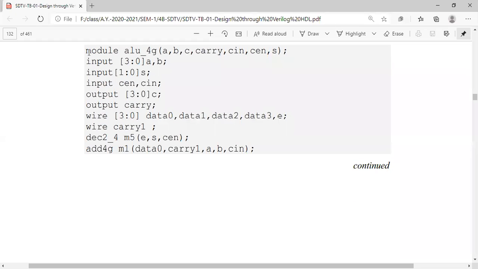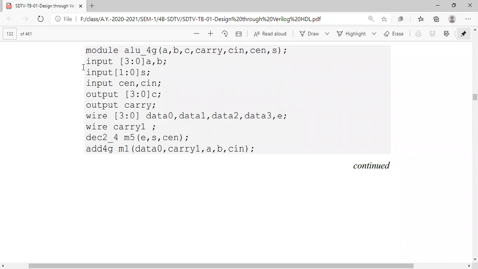So this is module ALU for a 4-bit gate. That means the topmost bit is the 4th bit only here. We should not have more than 4 bits of inputs A and B, and outputs also should be in 4 bits.